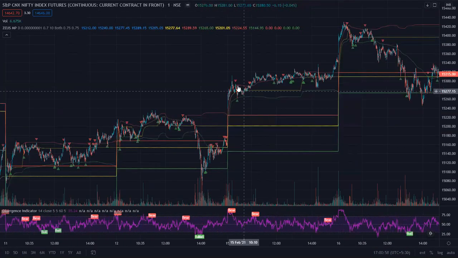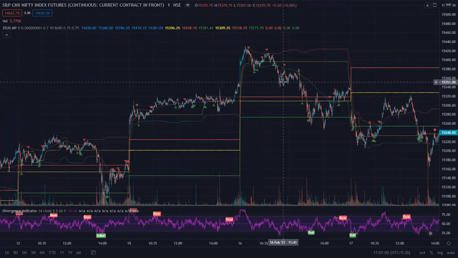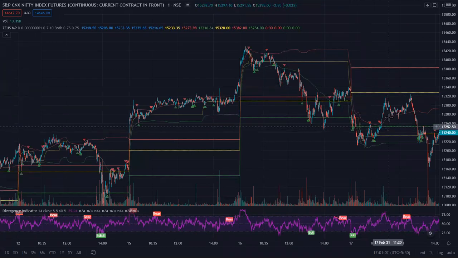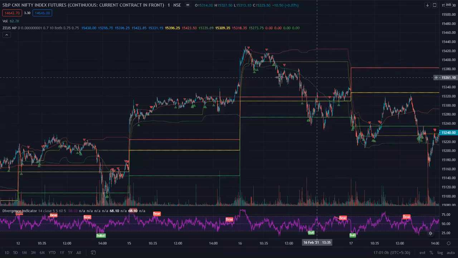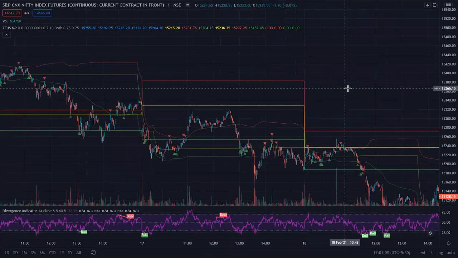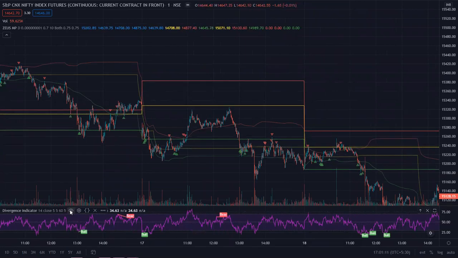This meeting was scheduled for the purpose of teaching you about the ZS market dynamics indicator and what it's actually based on. Now, you see the lines on the screen. There are no other indicators on the chart apart from this divergence one. And for now, I will hide this too.